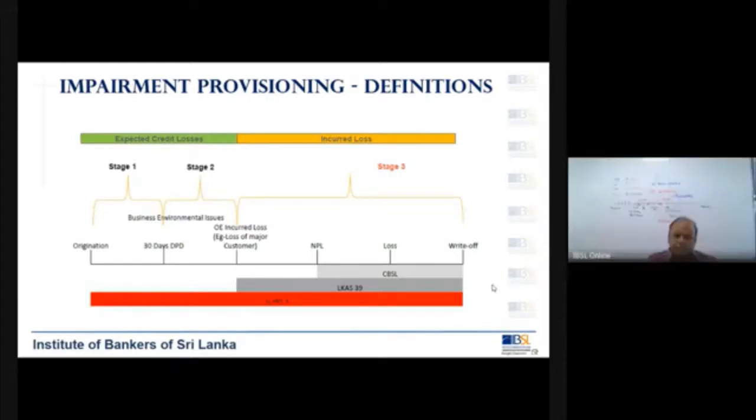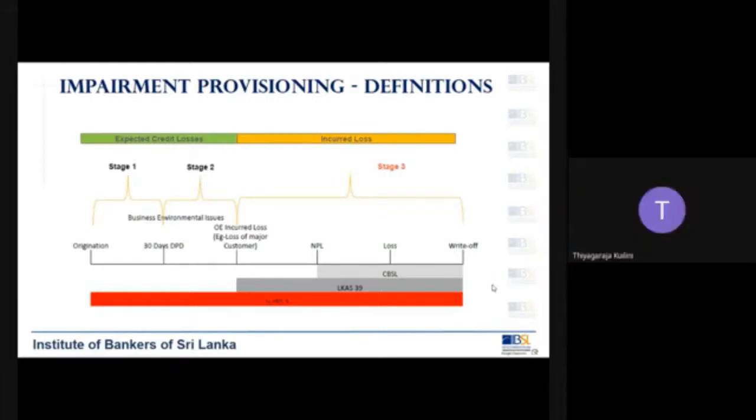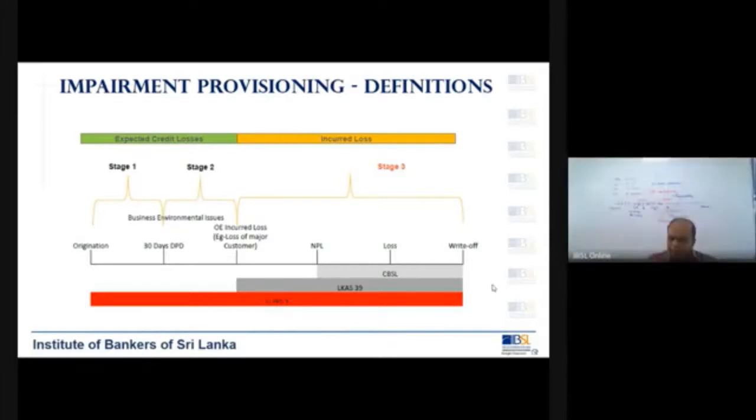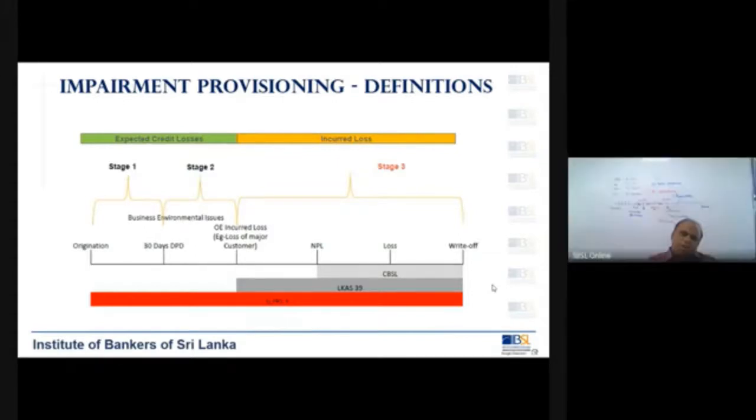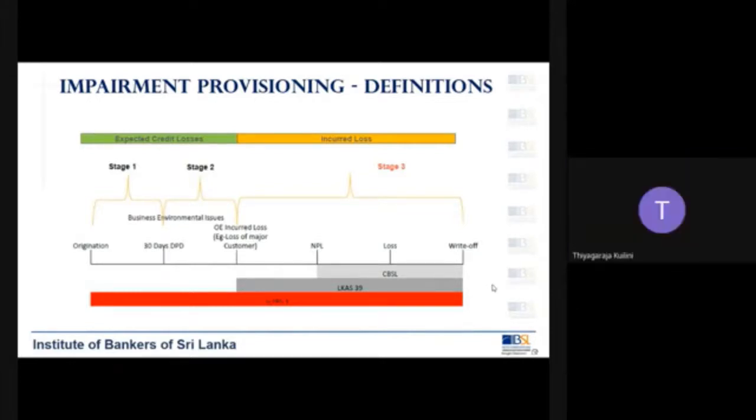Excuse me, sir. According to LKAS 39, if the customer is not able to pay off the credit facility because of illness or whatever, in that point, can the bank use the bank insurance? Basically, you don't insure a loan, right? When we are getting a mortgage or a personal loan, is that applicable for that?